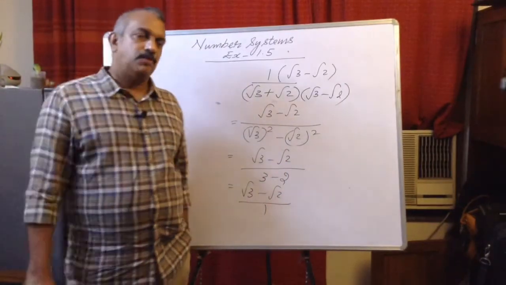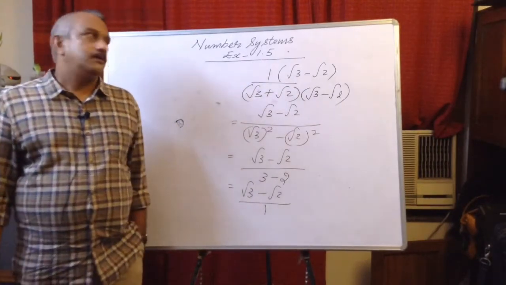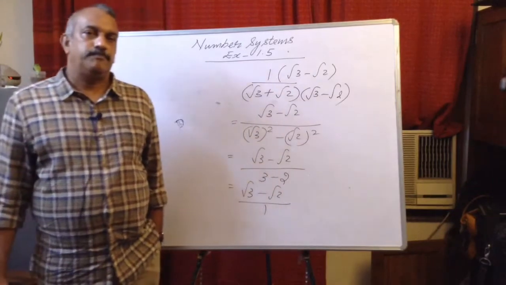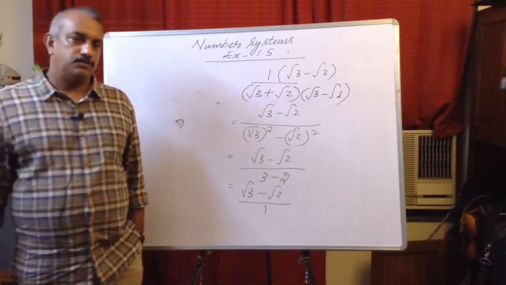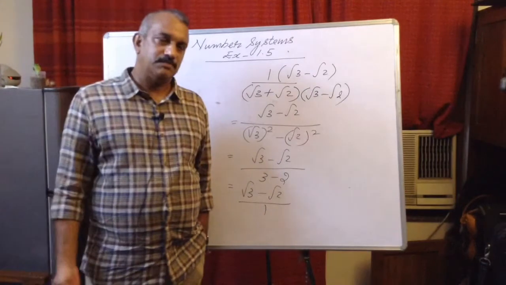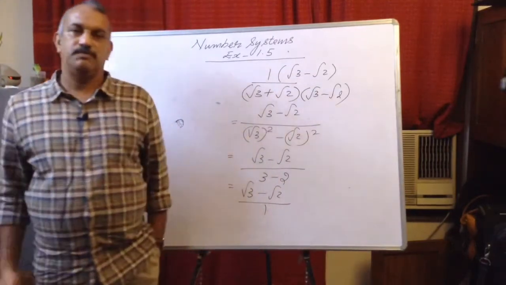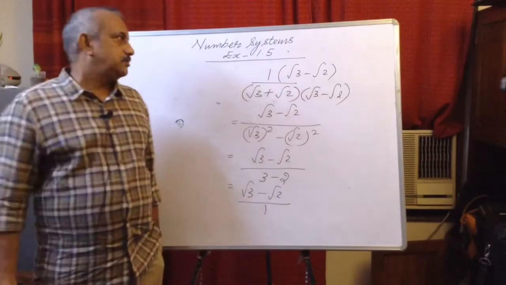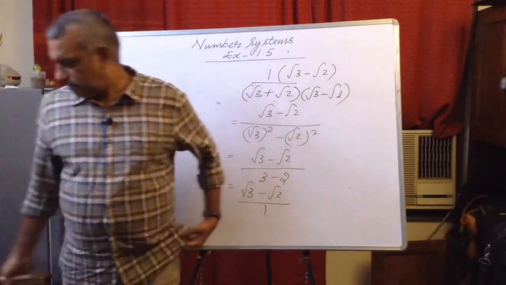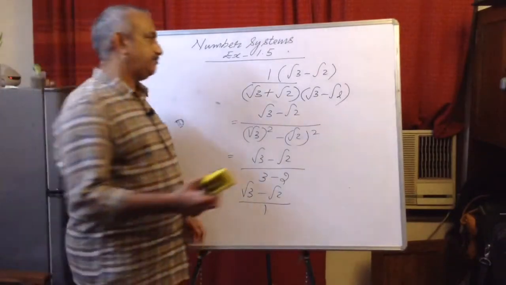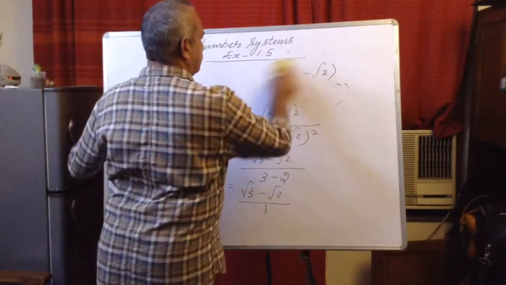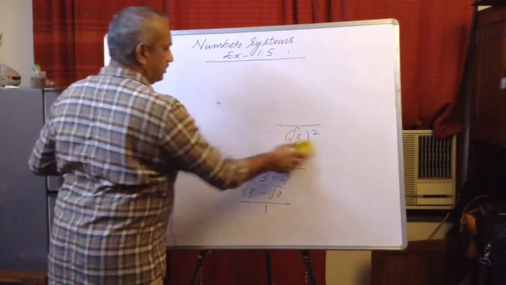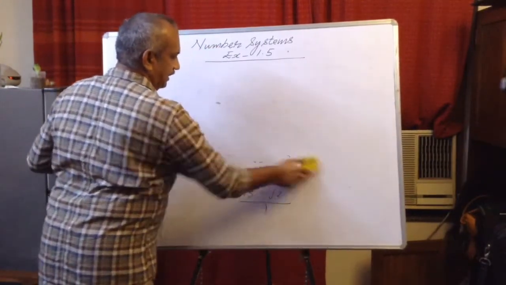So this is one purpose of learning rationalization of the denominator. Because in higher classes, if you study physics, chemistry and all, lots of numbers involving these irrational numbers will be there. So it is easy to simplify. Now what I will do, I will do one more question of rationalization. Rationalization also has two cases. One, if the denominator is just a monomial, directly multiply by that.